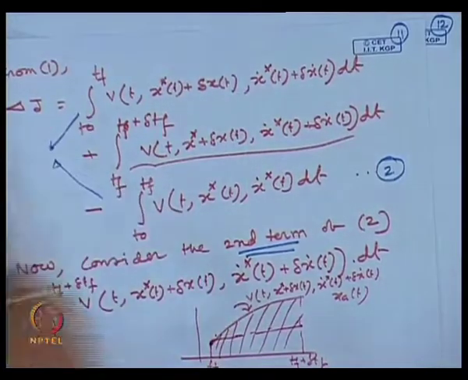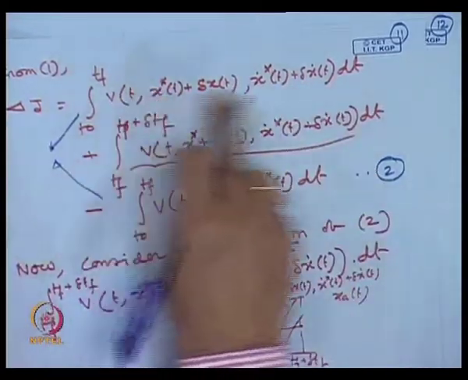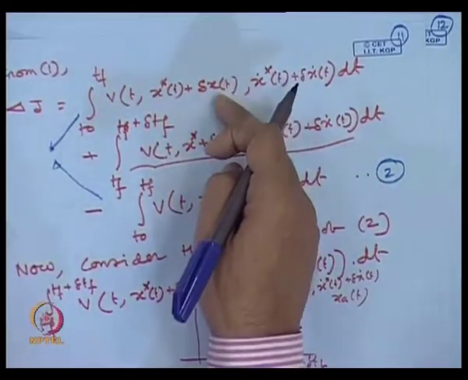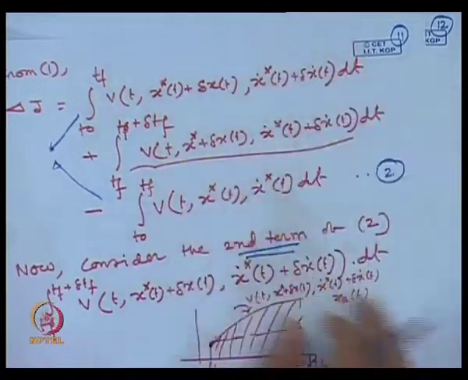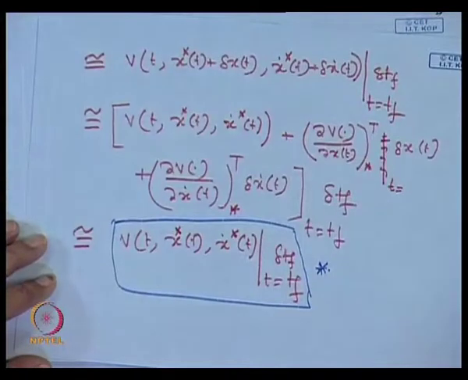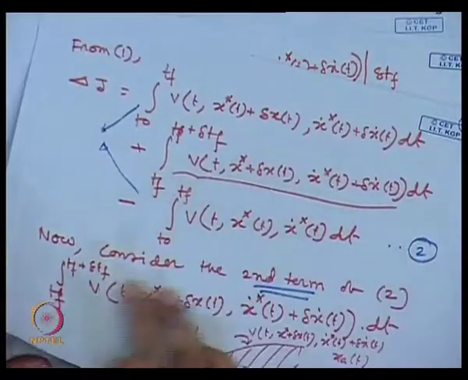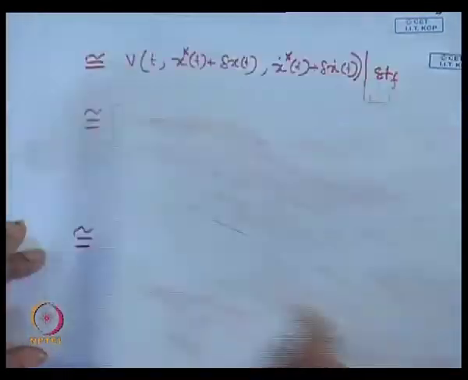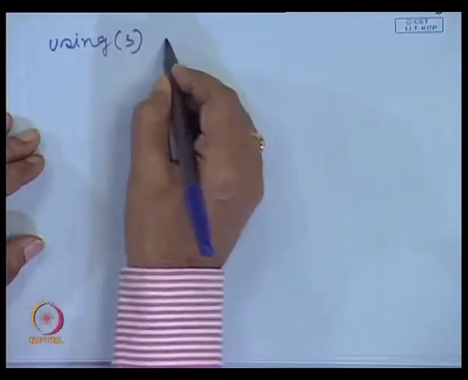We have seen these two terms earlier, and we can further simplify, because if you do the Taylor series expansion of that one, then this and this will be cancelled, and the first term of this one will be left over here. Let us call this equation number 3. We have given equation number 2 here, the whole thing, and equation number 3 is that one. Using 3 in 2,